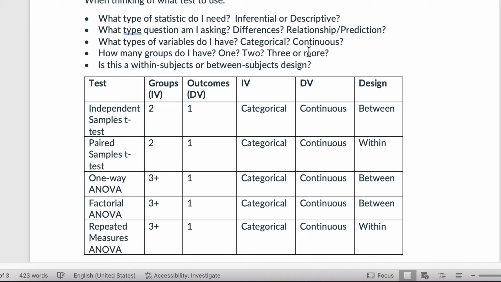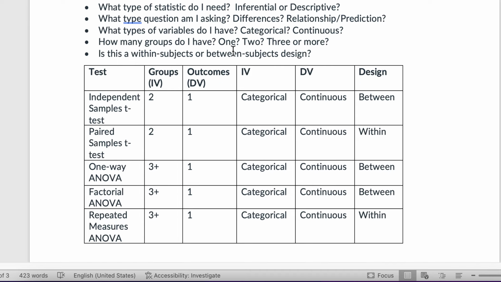What type of question are you asking? Now, we haven't gotten into relationships or prediction, like predictive models or anything like that, like regressions or correlations. We haven't discussed those yet, but those are types you need to understand for the final. As far as differences go, we have discussed that. So,